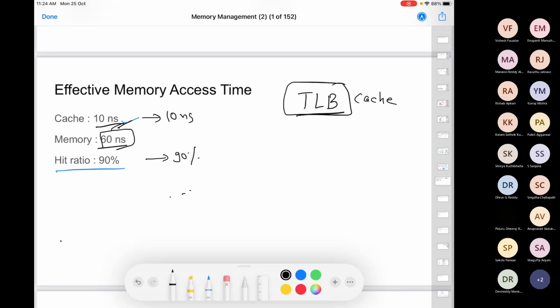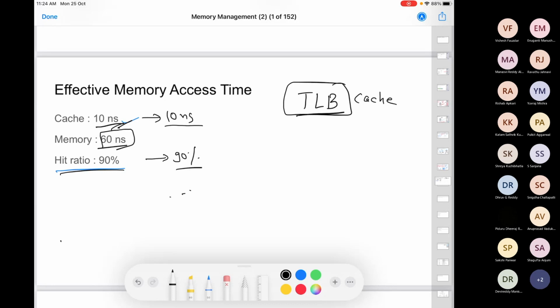So you have this TLB which is sitting in the cache, right? The access time of cache is 10 nanoseconds. Access time of TLB is also 10 nanoseconds. Whenever you look for a particular data, the hit ratio for your cache is 90%. Let's say for TLB also the hit ratio is 90%. So whenever you are looking for a particular page frame mapping, 90% of the times you find it in the TLB, right? So how much time on an average will it take now to access the memory?